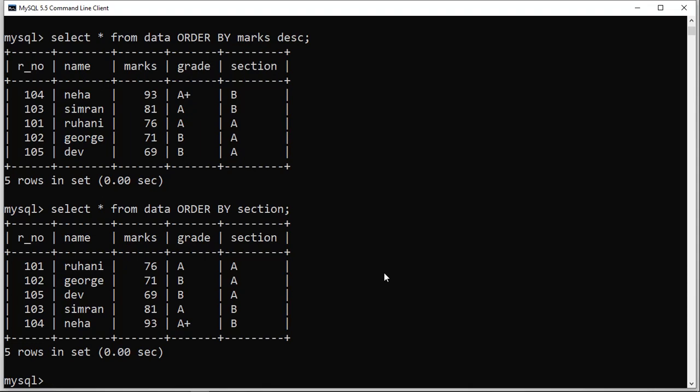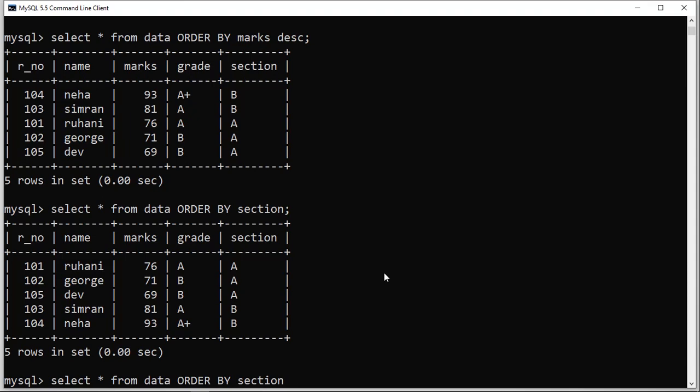Now let's write this: select asterisk from data, and now let's mention any two fields. Let's take here the section and the marks field. So first we'll sort it by section and then we'll sort by marks. So we can write the query like this: select asterisk from data, then order by the name of the first field, that is the section.